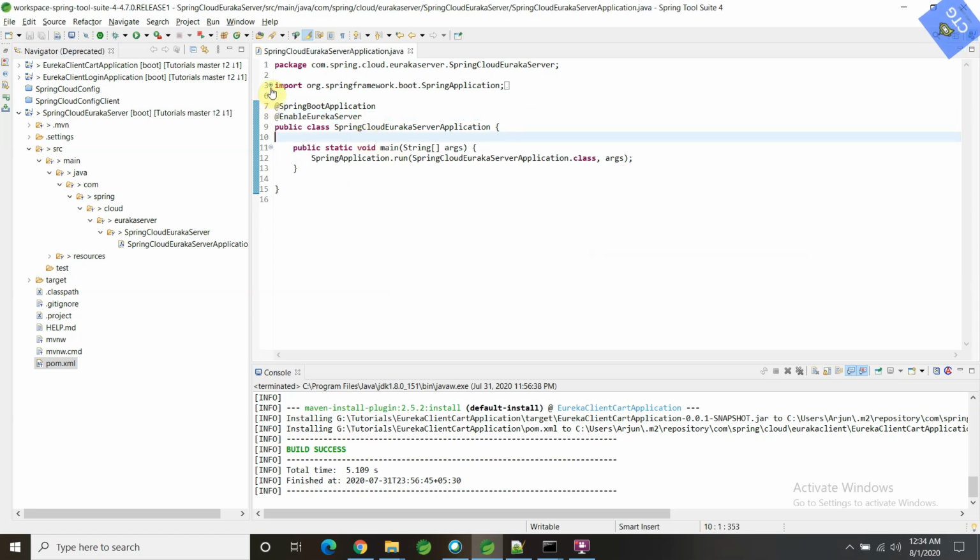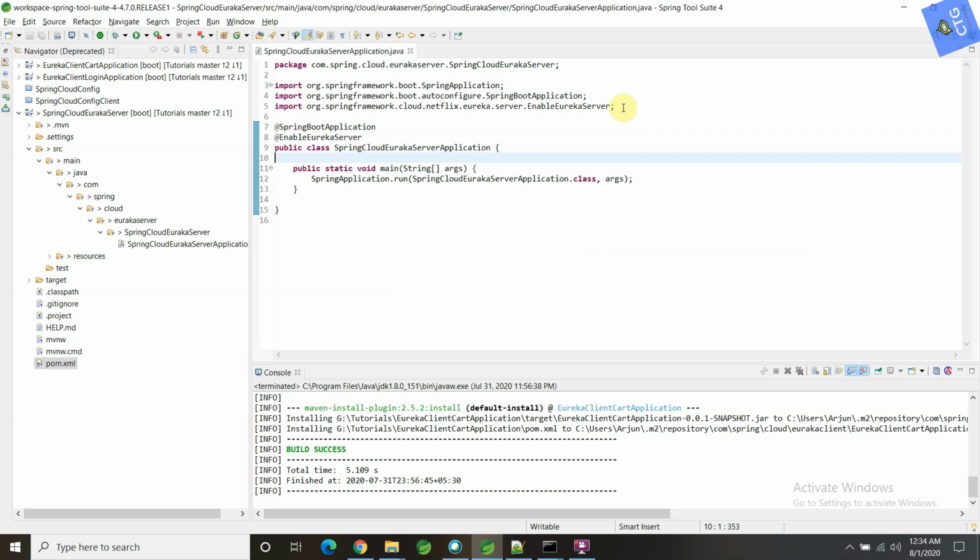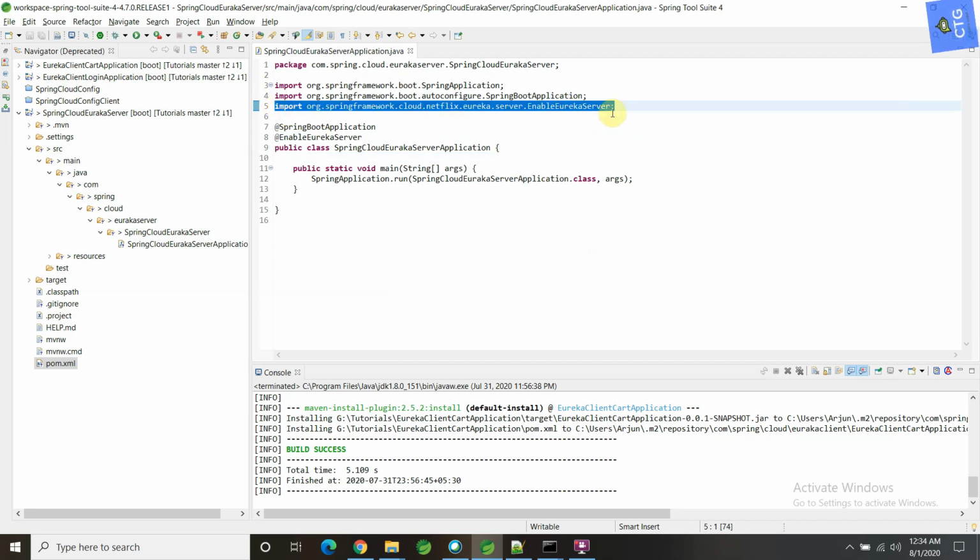This is step number 2. If you want to see which package this annotation comes under, you can see it's under org.springframework.cloud.netflix.eureka.server, EnableEurekaServer. Basically this is our respective package structure.